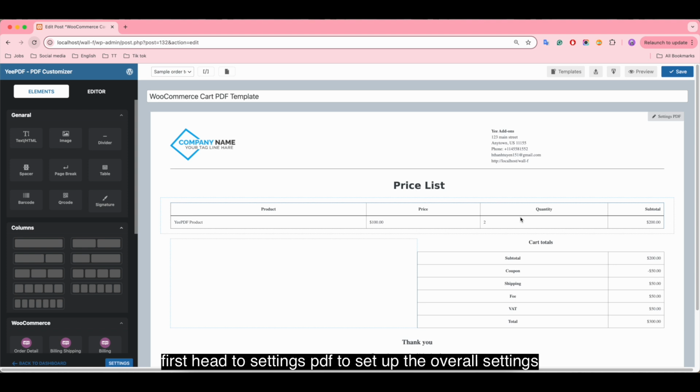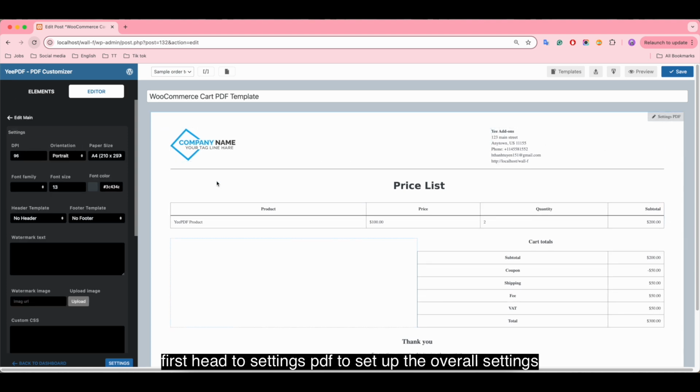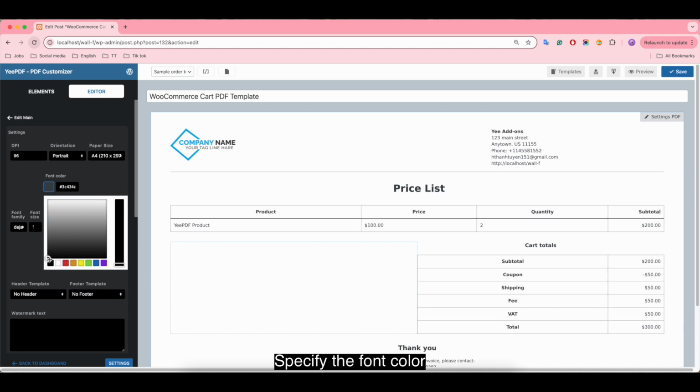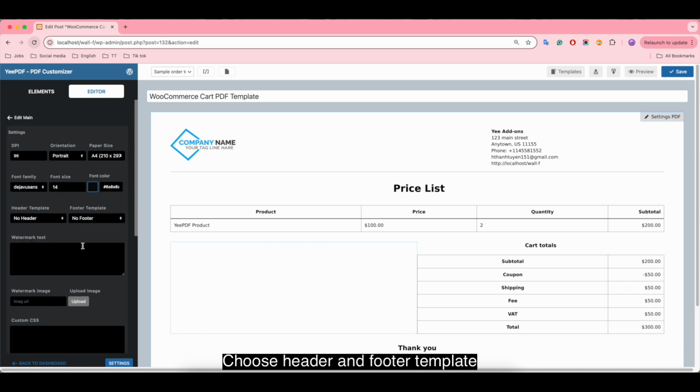First, head to Settings PDF to set up the overall settings. Change the font family. Adjust the font size. Specify the font color. Choose header and footer template.